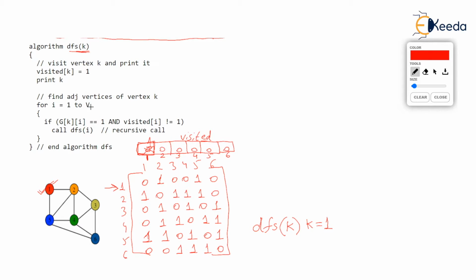Remember, v in our example is 6 because there are 6 vertices. So I will go from 1 to v. In the simplest sense, here i is used as the column number. You observe it is so easy, isn't it? G is the matrix and k i is written. So i is used as the column number and k is the row.